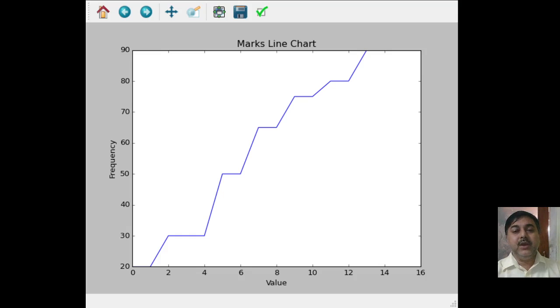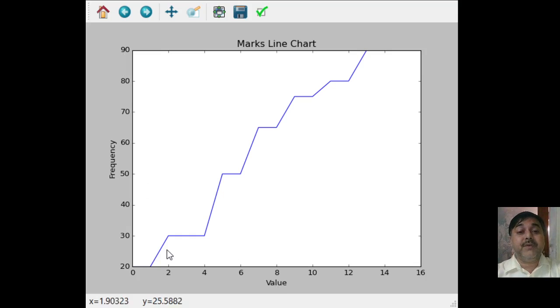So now see here, this particular graph. This is also a frequency graph. Okay, in this frequency graph, you can find that the frequency graph has been designed based on the values that have been given there. So what pattern of values has been given? You can see here from 0 to 16 there is one range, and from 20 to 90 there is one range. That means this is the frequency, and these are the values that have been given.